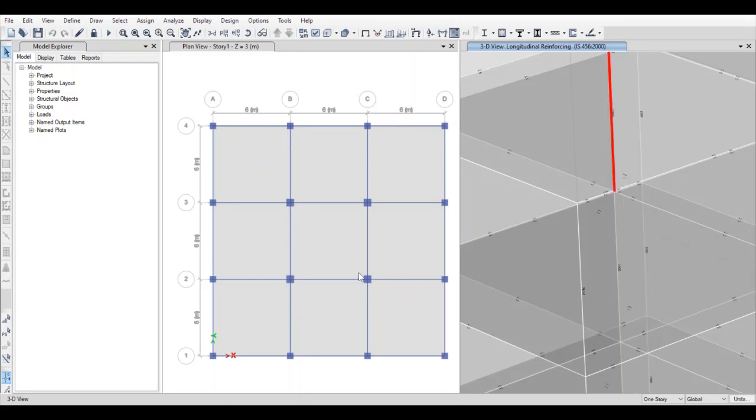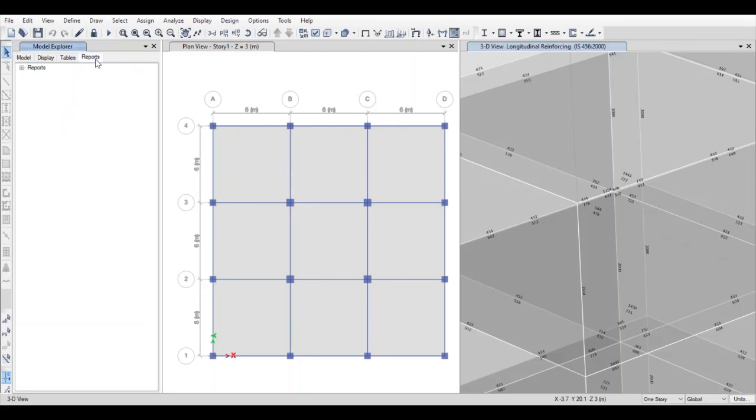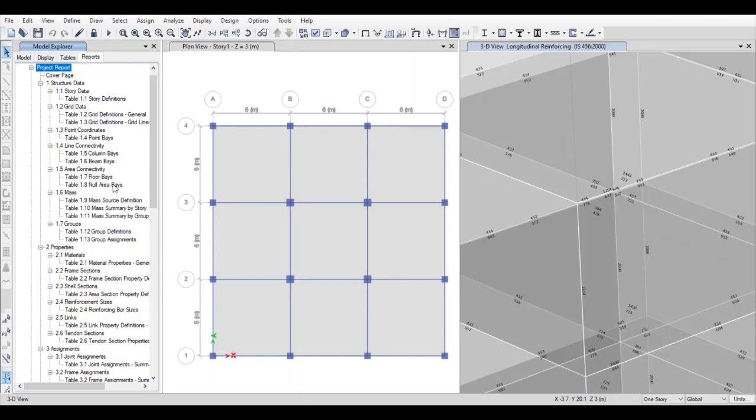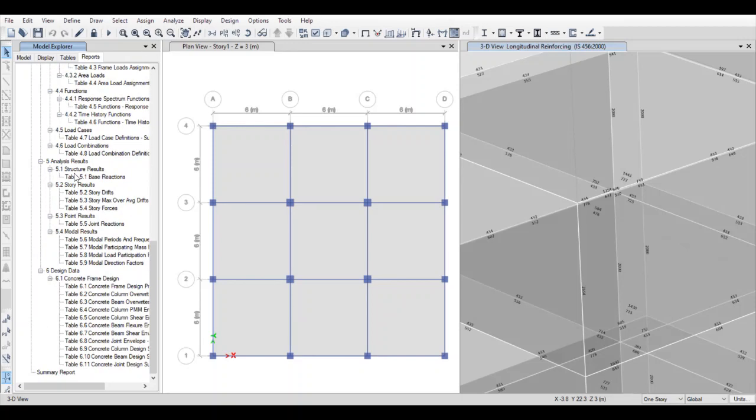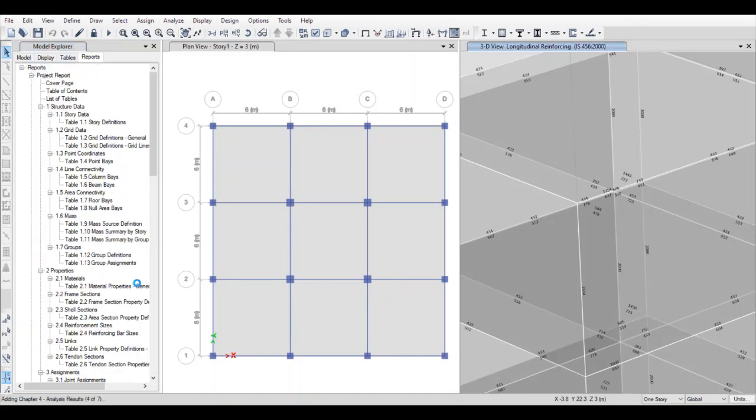Now guys, we will be generating the reports. So go to the reports tab, double click on it, and double click on project report. As you can see, the software has generated the report for us. This report consists of various data that we have considered while designing this building, which would be different load cases, different column sections, and different beam sections that we have used. Then again, it will show all the wind load factors which we have considered.